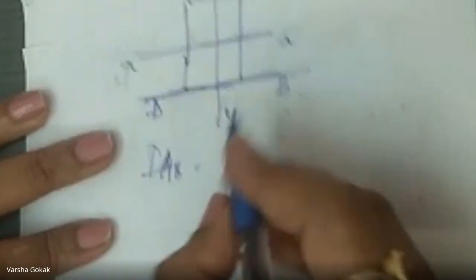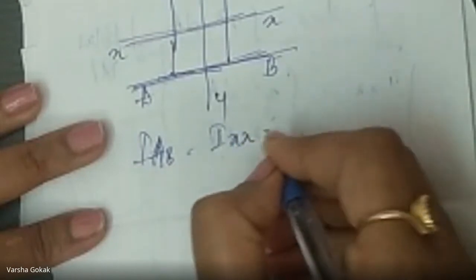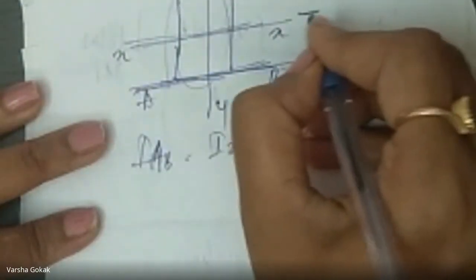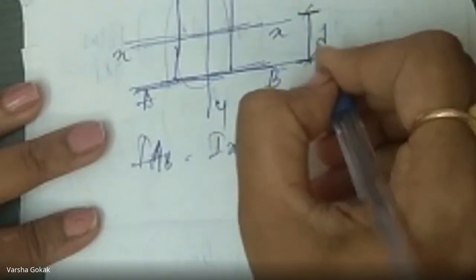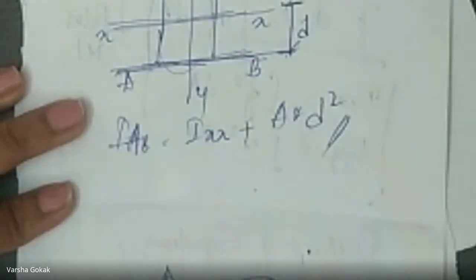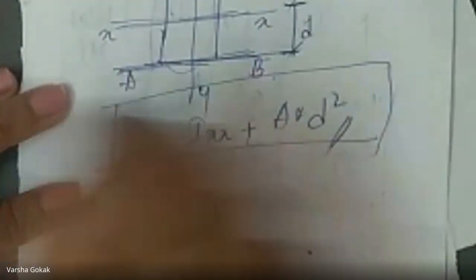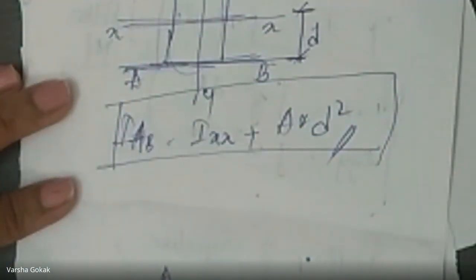Matlab, parallel to this is what? X-axis. Right? So I self, that is IXX, plus area of this, A. D is going to be the distance of the CG of this to this point. That is D. AD square is your IAB. So again, we have numericals and derivations with respect to this. Clear?